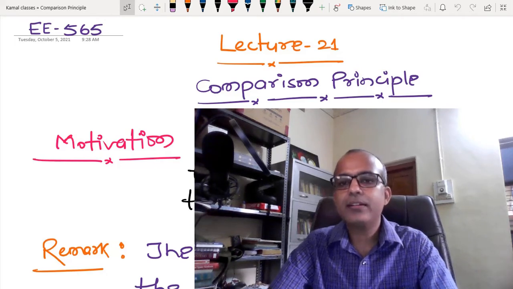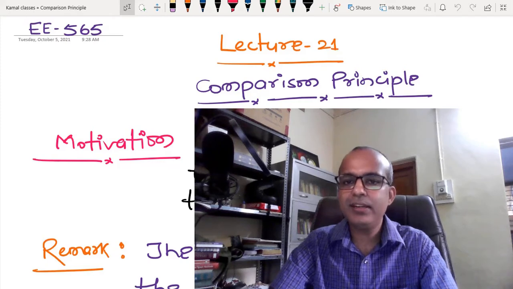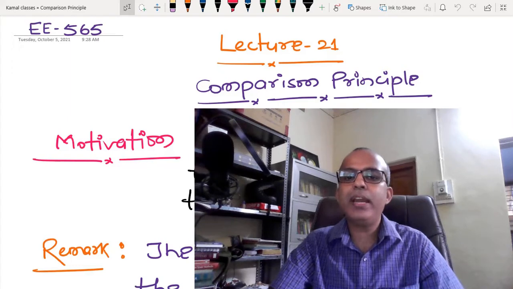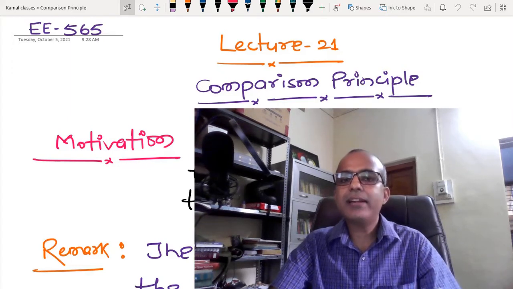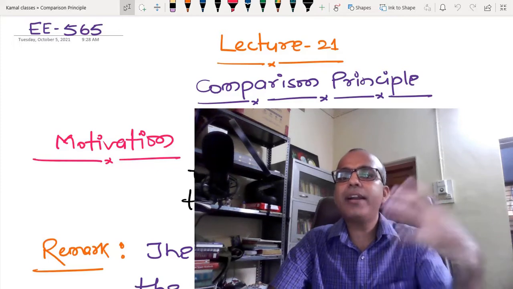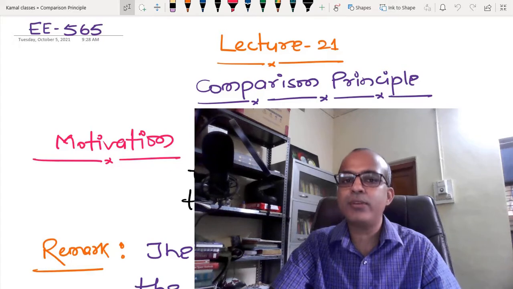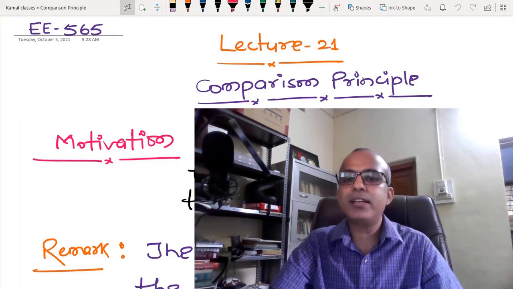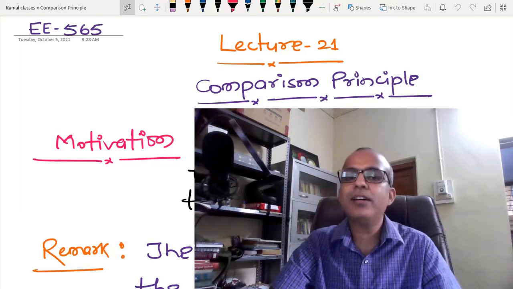If you see the theme of this principle, it gives one way such that, if I have to solve some kind of higher dimensional nonlinear differential equation, it is possible to show that by mapping the higher dimensional nonlinear differential equation to one dimension, I am able to calculate the bound of the solution of the higher dimensional nonlinear